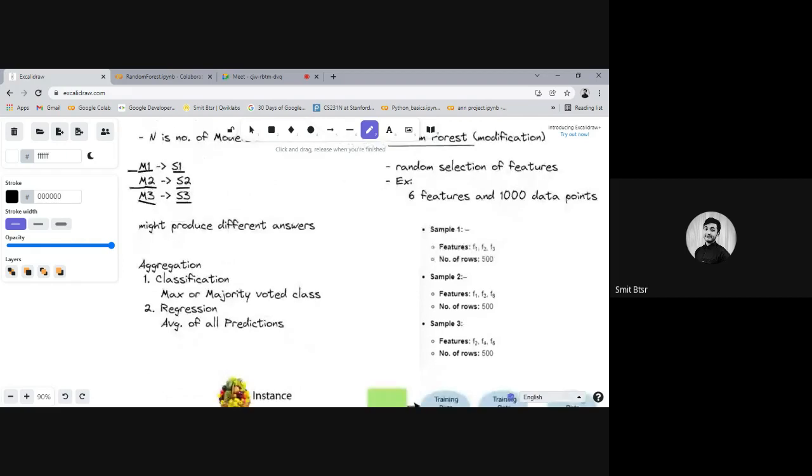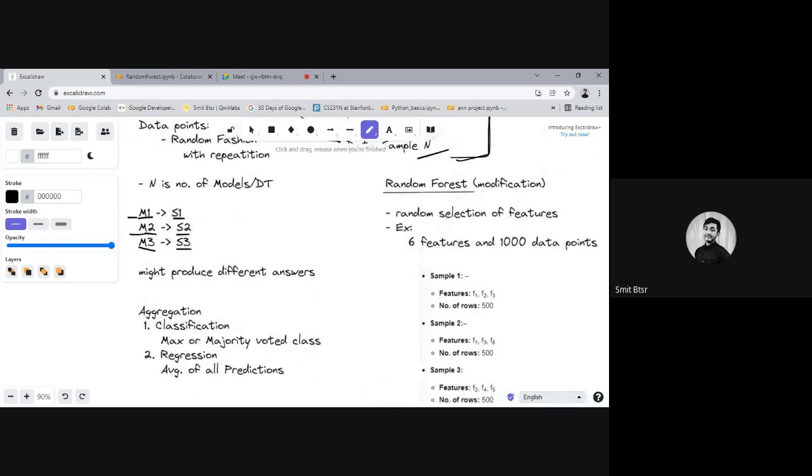What we do in random forest is, when we create these M1, M2, and M3 models, we don't use all the same features. In all of those models, we use a different set of features. Whereas in bootstrapping, M1, M2, and M3 were all three built upon six features.